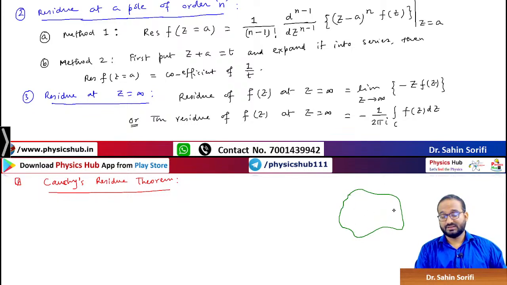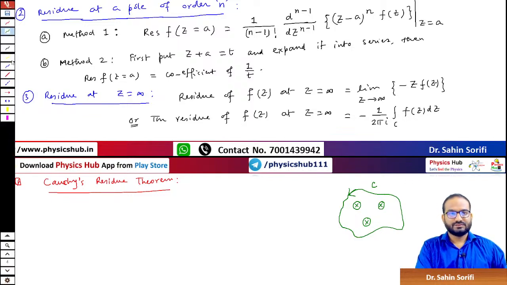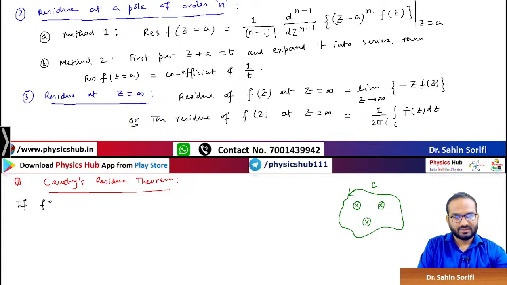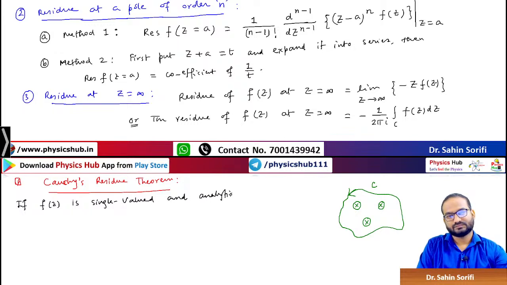Most of the time it remains a circle. Let's say we have this closed curve C, traversed in the anti-clockwise direction, and it has some poles, a finite number of poles, let's say at z1, z2, z3. So you can write, if f of z is single valued and analytic in a simple closed curve C, as you have denoted here,